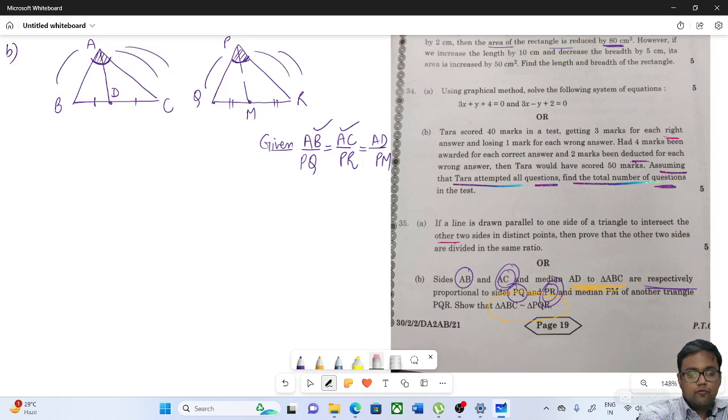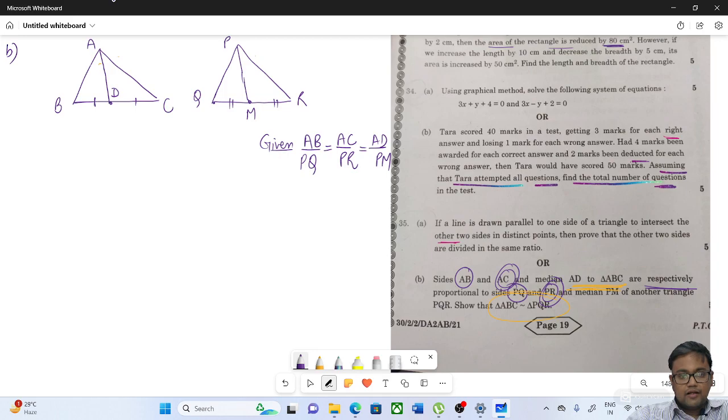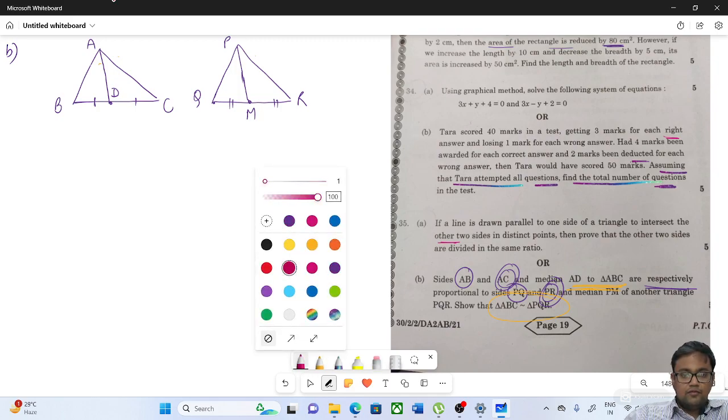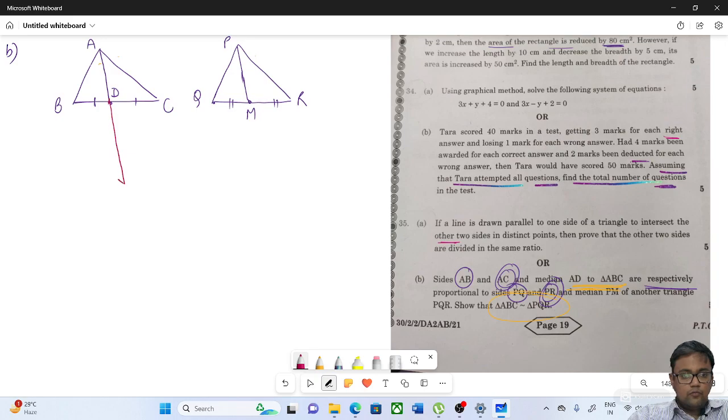So I have to undo everything so that I can get back the triangles into their shapes. For that I must remove this given and allocate it a different place. First, let this be removed. So let us extend AD to AX,